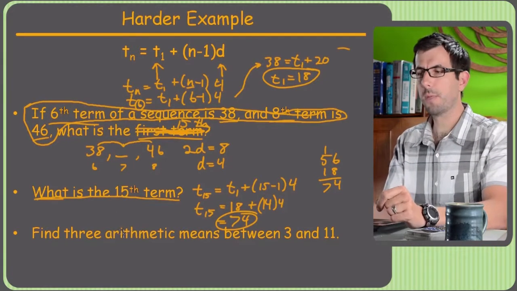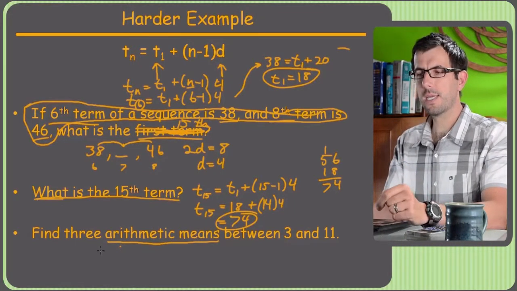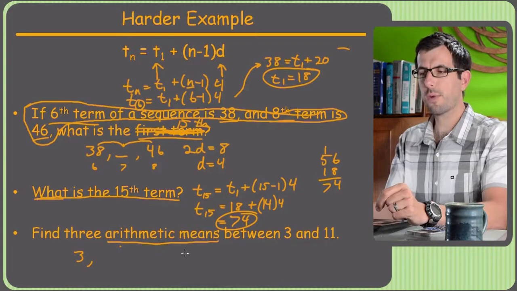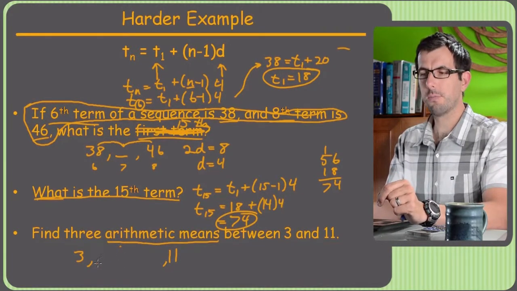After this we'll do the sum formula. Arithmetic means, what are these? Those are just terms. So they say find 3 arithmetic means. What they're saying is, we've got a sequence that's got a 3 in it and an 11, and between that we want 3 other terms. So blank, blank, blank,